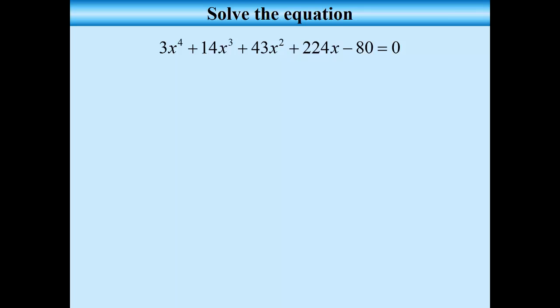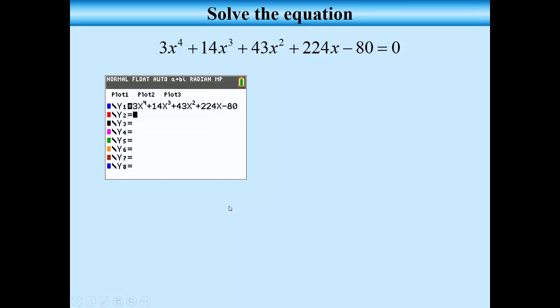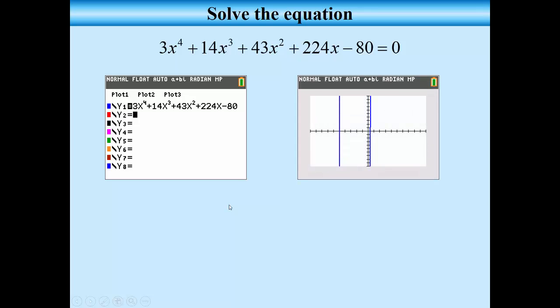Now here's a new one that's a 4th degree. Remember, we're expecting to come up with 4 answers. So we're not satisfied by just finding one answer. We've got to have 4. And so we type it in our calculator and draw the graph. Now I see 2 places where it crosses the x-axis, and we can choose either one of those. The one over here on the left looks a lot like